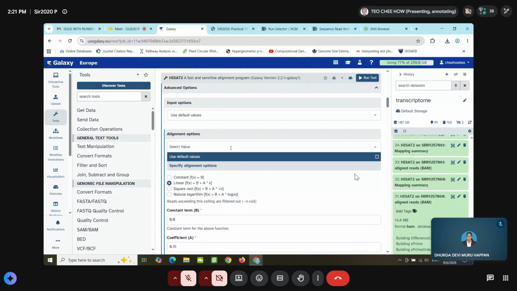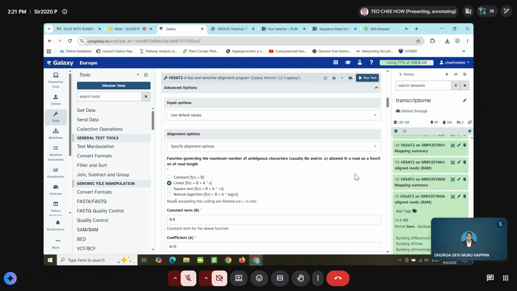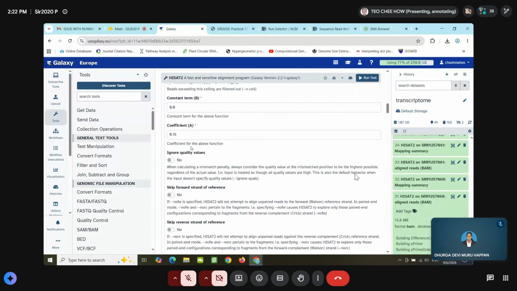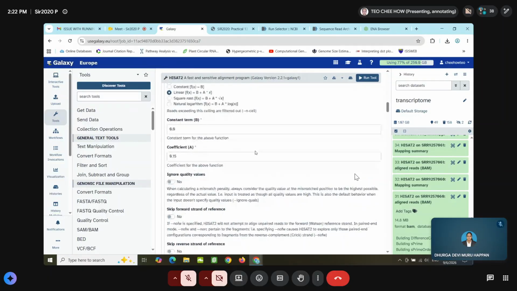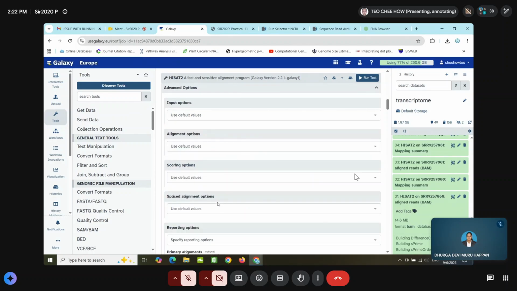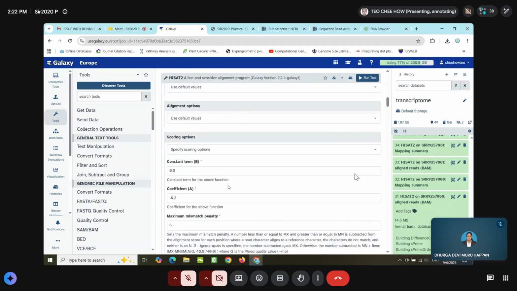Alignment options, there are many alignment options available, so you can choose different constants and change the constant term coefficient and all those for your alignment. Basically we will use the default setting. Scoring, we also use the default setting.